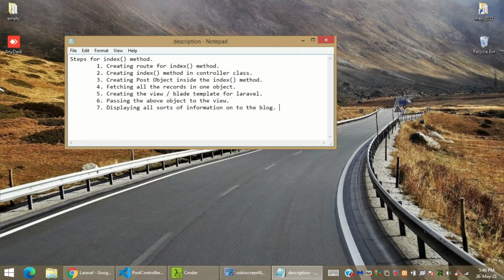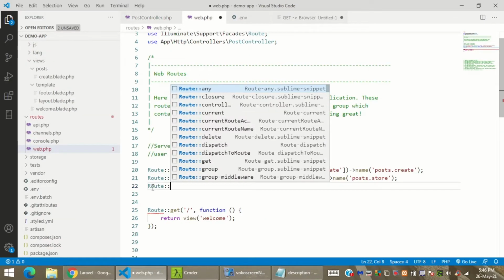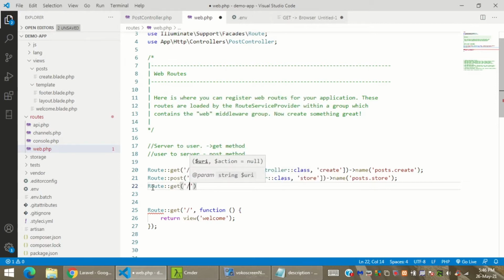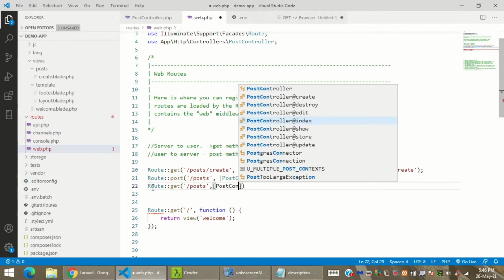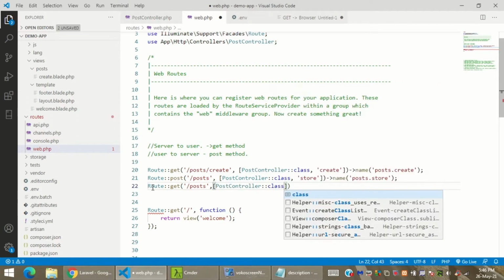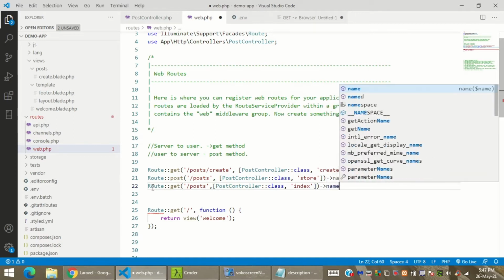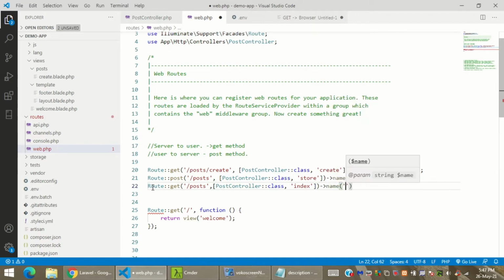So these are the 7 steps which we need to take care of, and I'll be teaching you how to go forward with this. So let's get started. First and foremost, step number 1. I'll be going for a get method, that is posts, and in that I'll be taking up the controller, and this controller is nothing but my class file, and I'll be typing the class with the index method, providing the route name,